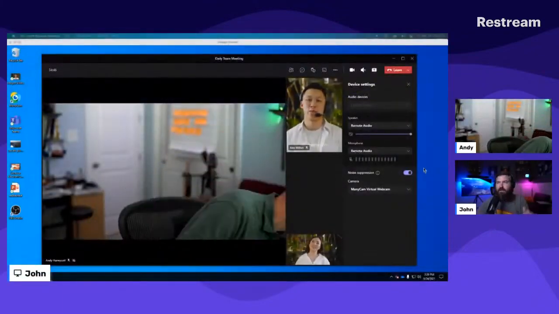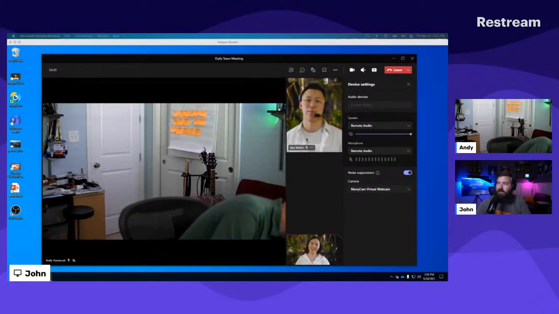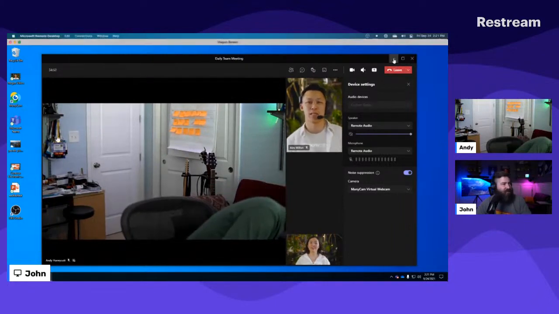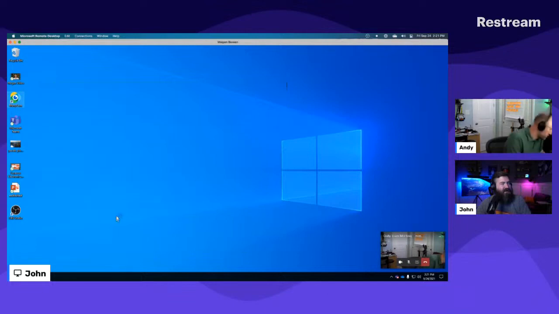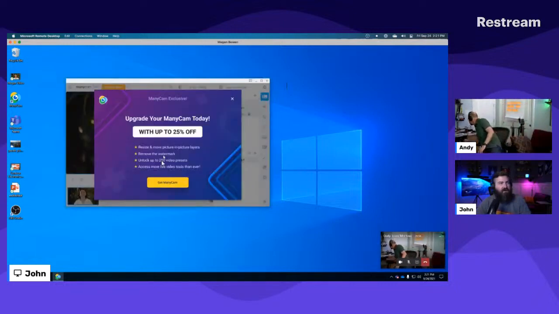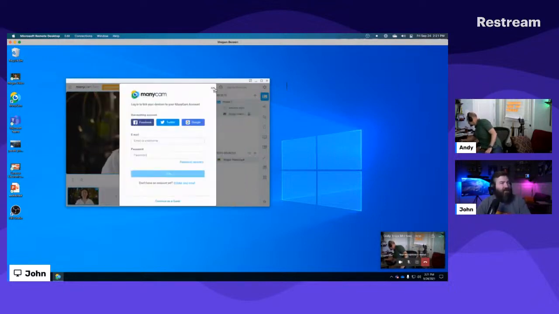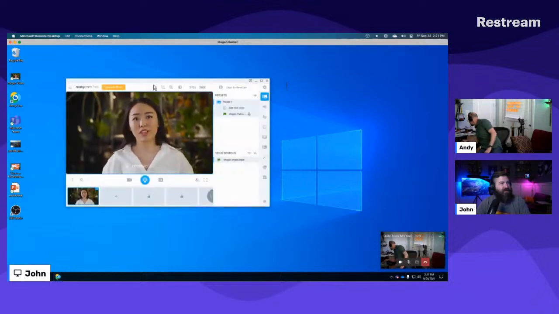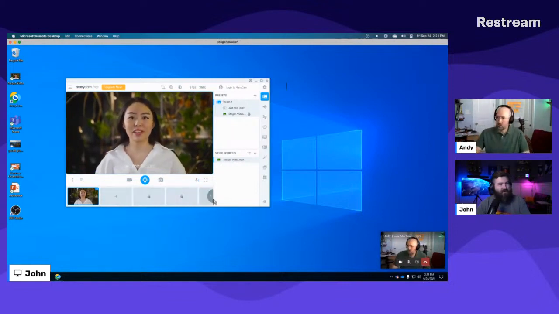Did you want to talk about some of the other webcam software that we can use? Yeah, sure. I can show ManyCam. One of the pieces of software that I'm using for my home lab right now is ManyCam, and it's one of the cheapest options out there. It does cost money if you want to remove the watermark, but you can download this for free and just keep the ManyCam watermark on there. Well, today it's 25% off apparently to remove that watermark. But what I'm doing is this ManyCam application, I just downloaded it for free, and you can set certain resolutions and stuff. And across the bottom is basically what your sources are.